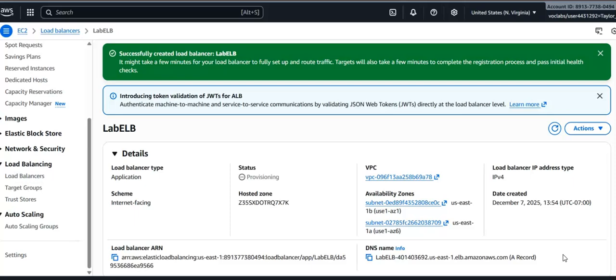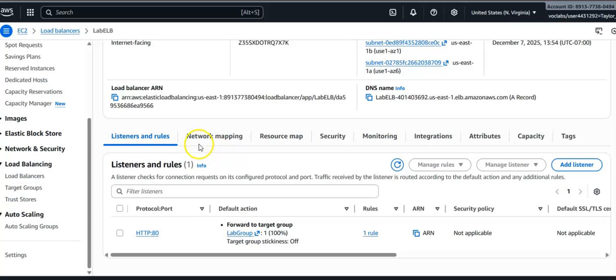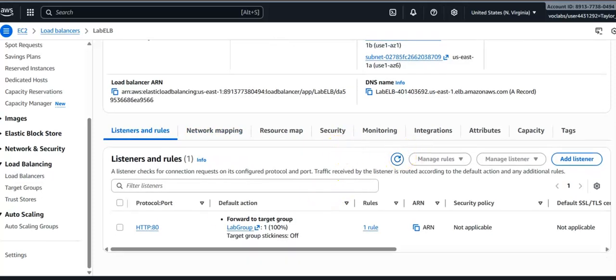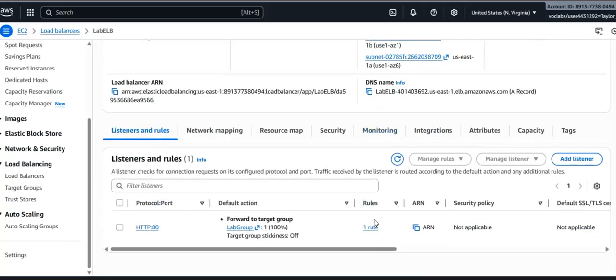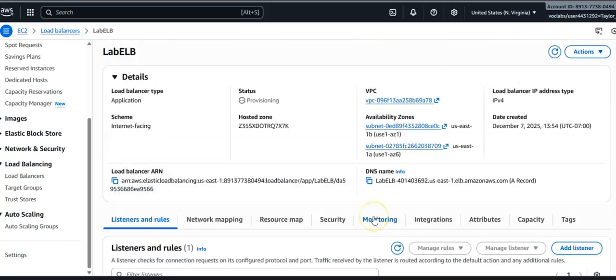Okay, so the load balancer is successfully created, and it said that we can go to View Load Balancer. Choose View Load Balancer. Okay, so I didn't necessarily find that. I don't know if I skipped over it, but I'm just going to move on to task